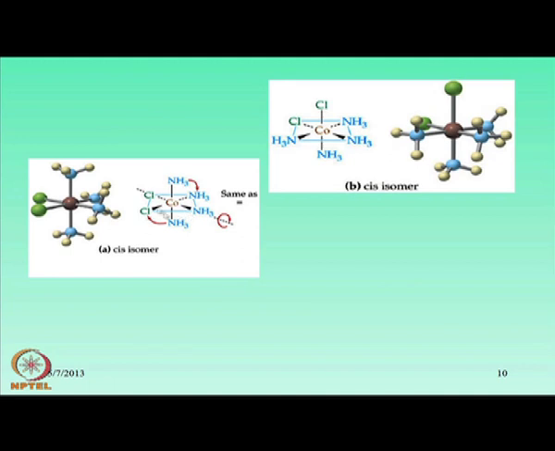So, what we will see is that in the cis isomer we have this arrangement, and if we try to rotate it along this axis, this is the rotational axis, around these particular arrows, NH3 will come over here, this NH3 will go over here, and this chloride will go over this particular position. So, this chloride will remain here, this chloride will occupy this position.